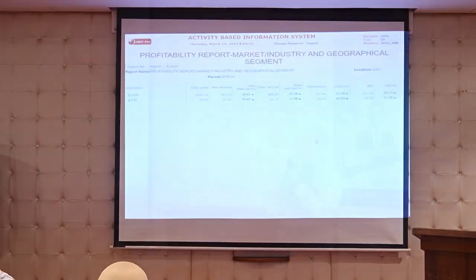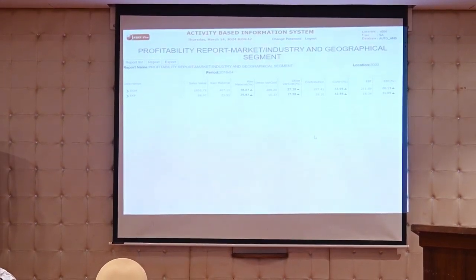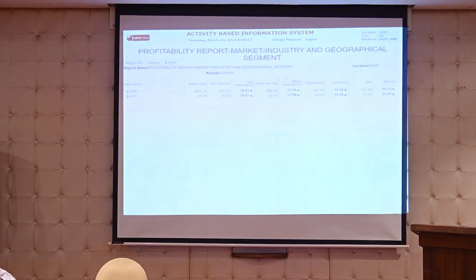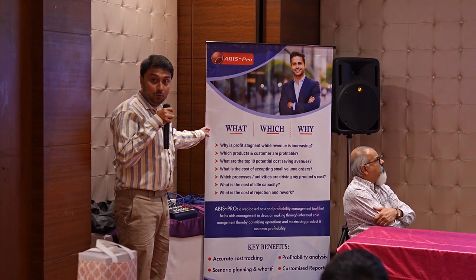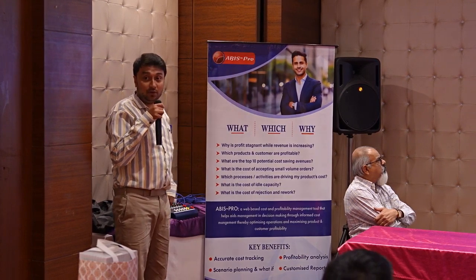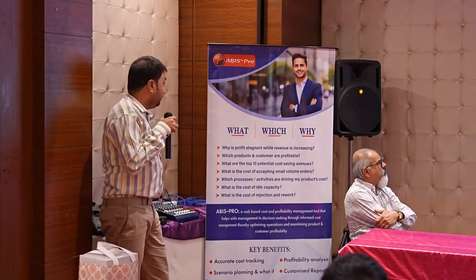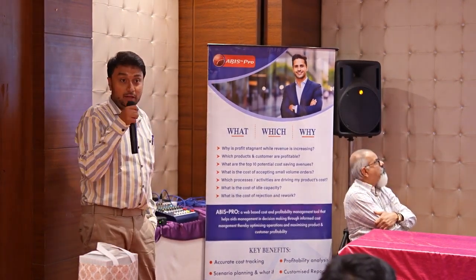So typically, we have one such report which shows you customer-wise, product-wise profitability. This is nothing but our activity-based information system. We call it ABIS PRO. Now we are having two products. One is an activity-based information system, which gives you the avenues which we are offering to the queries or the question what sir asked during his lecture. Another one is our pricing pro, which helps you in